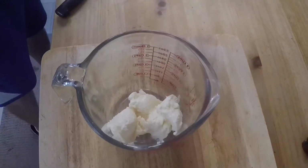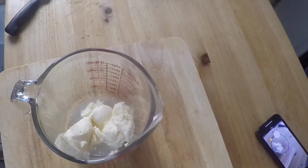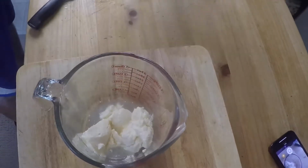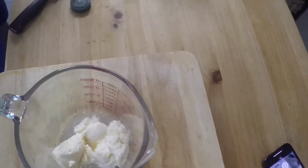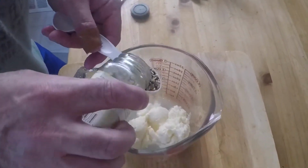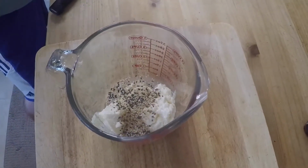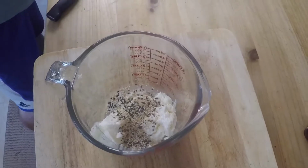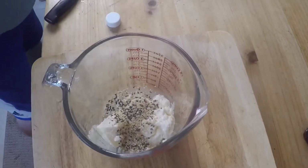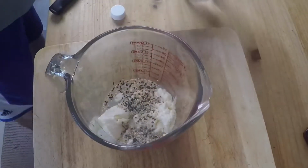To that, we're going to add the juice of half a lemon, so like teaspoon-ish, tablespoon, half a lemon. 1 tablespoon of sesame seeds. It calls for white sesame seeds, but I accidentally mixed the dark and the light, so it's going to be more manila, light brown. To that, we're going to add a tablespoon of white vinegar, 3 cloves of garlic,